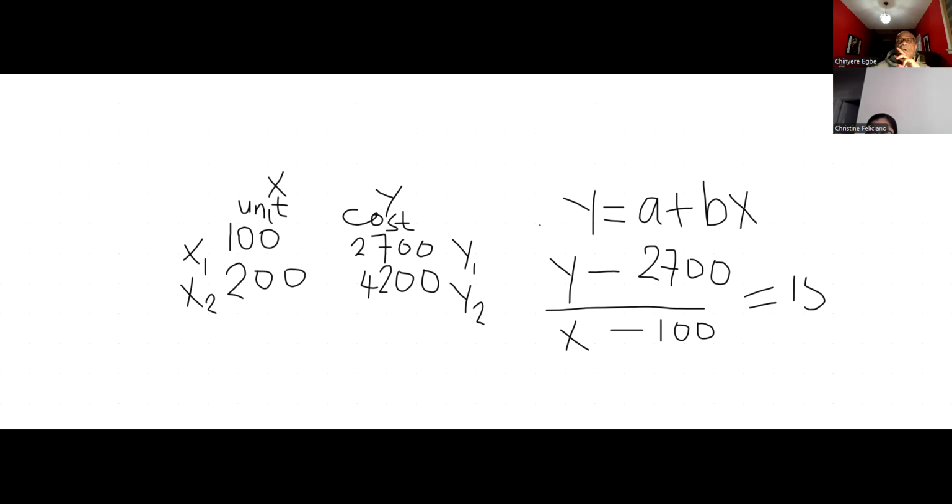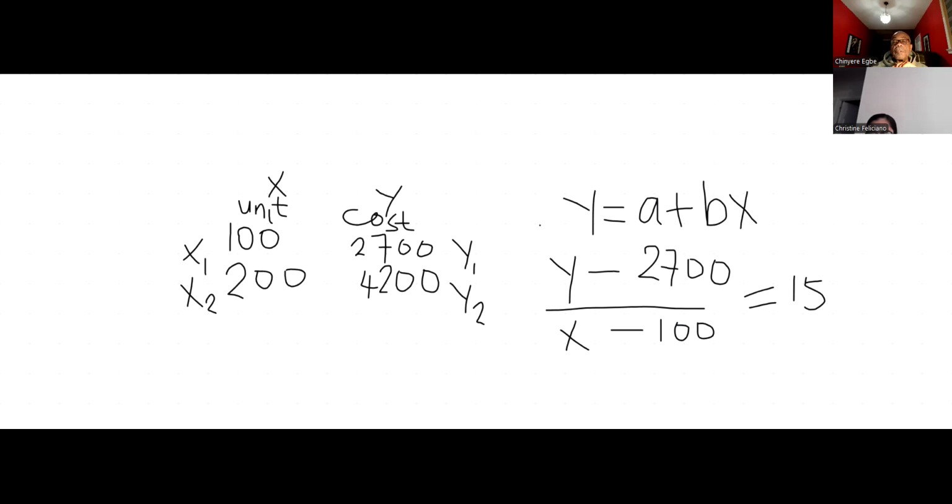Essentially, what you're saying is, whatever Y was when I subtracted 2,700, and whatever X was when I subtracted 100, I get 15. So therefore,